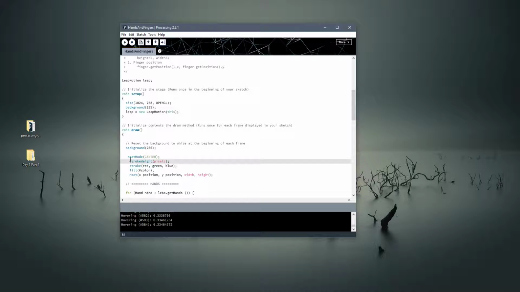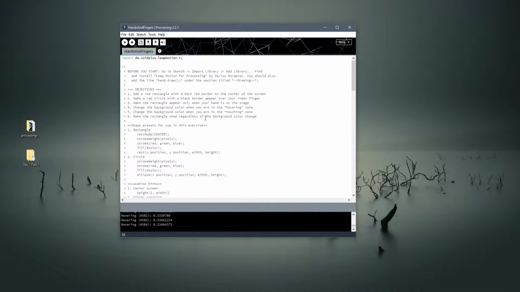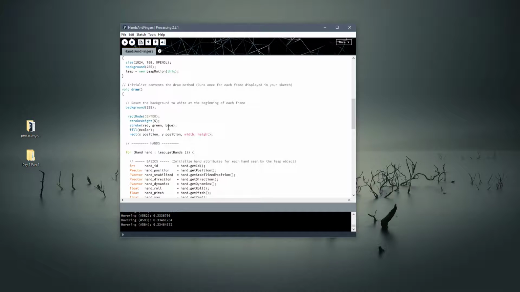Stroke weight, if any of you are into digital media, you may recognize this terminology. This is going to tell Processing how thick you want your lines to be. And when we say lines, I mean specifically your border lines, right? So in this case, we're just going to give it, let's start with 5. It's not too big. This is going to be your stroke color, and in the objective we needed a dark red border, right? Regular red rectangle, dark red border. So I'm going to put in here,